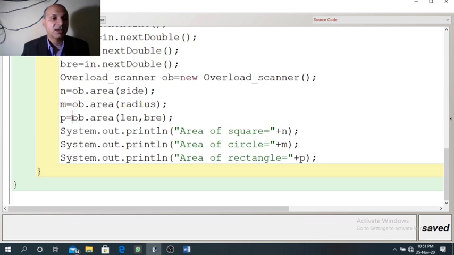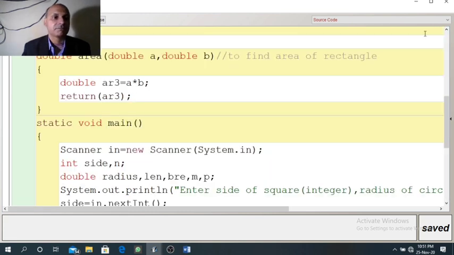In the same way, when we are calling the same function area and this time we are passing two arguments, length and breadth, then the compiler will call this function because it receives two arguments. So here a copy of len and bre will be stored in a and b.